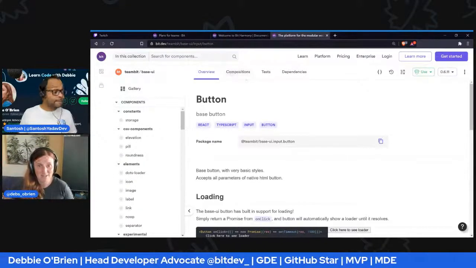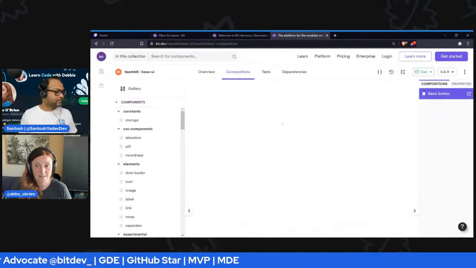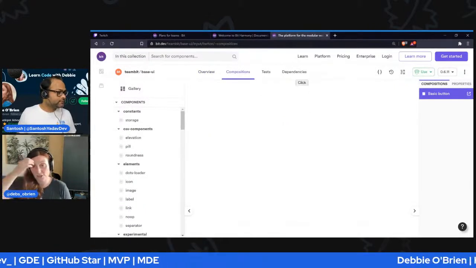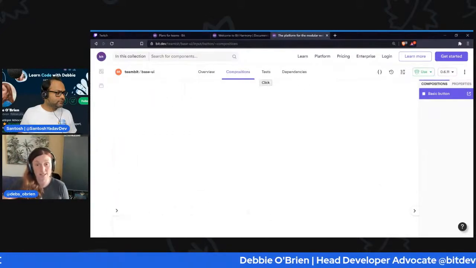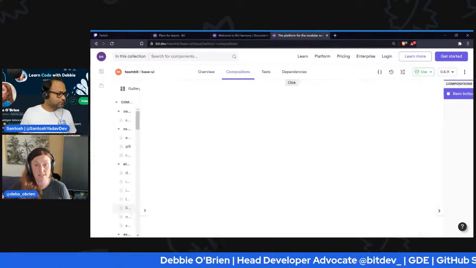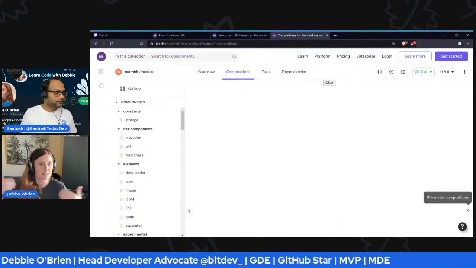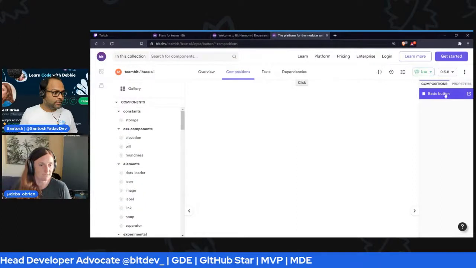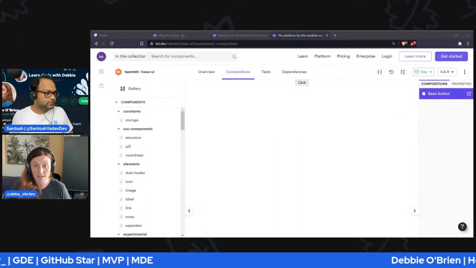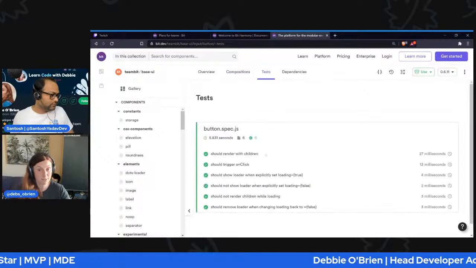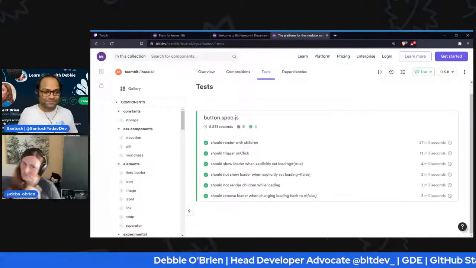The overview. So now you've got the compositions. So you click on the compositions, and this will show you the basic buttons. So this would be like your stories and Storybook, right? If you had different types of buttons, you'd have them listed on the right side where it says basic button. You'd have themed button, primary button, secondary button, different types of buttons, right? And then if you click on the tests tab, there might be a test here, there might not, don't know. Yes, there's a test, woohoo, okay. So somebody did the test for this component, well done team.